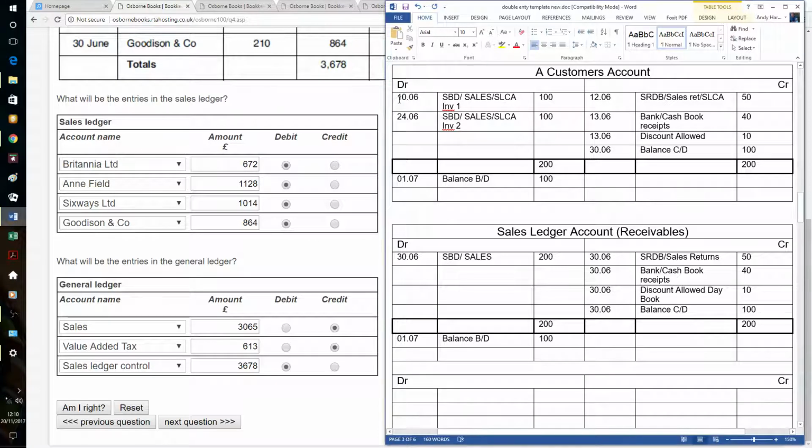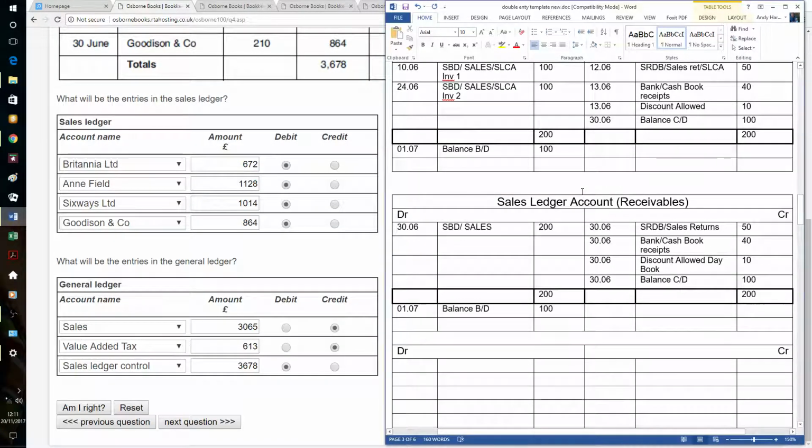And here's our first invoice going in then, and then they've paid us fairly quickly. So they sent goods back 2 days later, which reduced the amount that they owed us. Then they paid us £40, taking a discount for paying us quickly. Well, 10th to 13th, that's pretty quick. And then by the end of the month there was another invoice gone in, and hence that's the only balance on there, balancing off last day of the month and bringing it down on the first day of the following month. If that was our only customer,